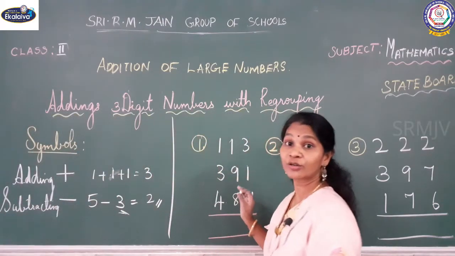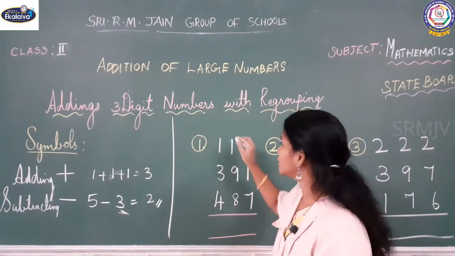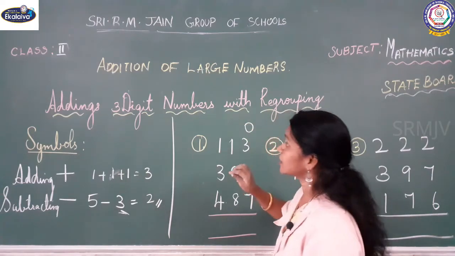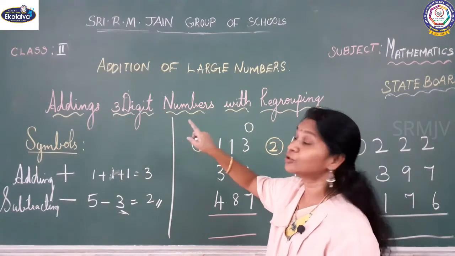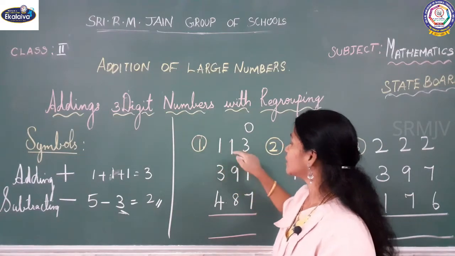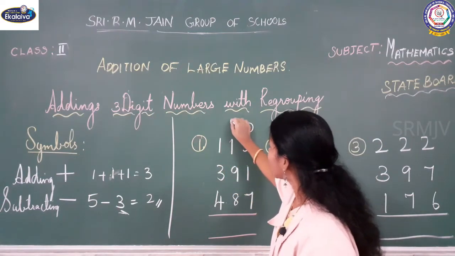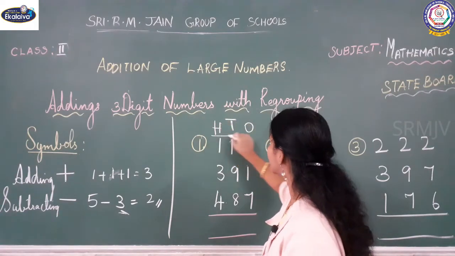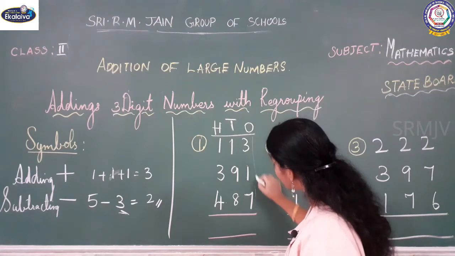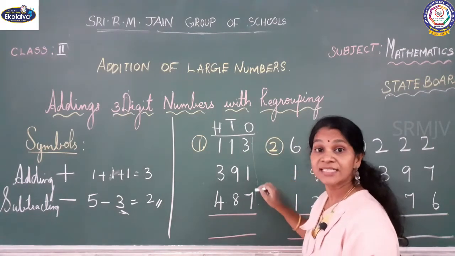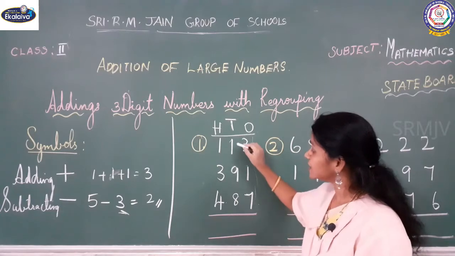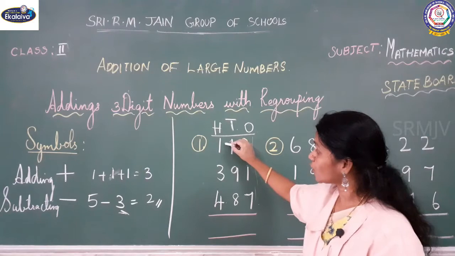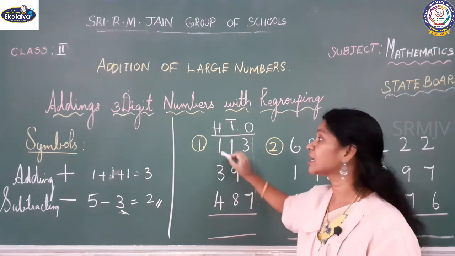See, first what you have to do? The place value. What place is this one? Ones. Last time I taught you the 2 digit numbers. Now 3 digit. Ones, and this is tens and this one is hundreds place. This is the place value. These numbers 3, 1, 7 and all are in ones place. This 1, 9, 8 and all are in tens place. And this 1, 3, 4 and all are in hundreds place.